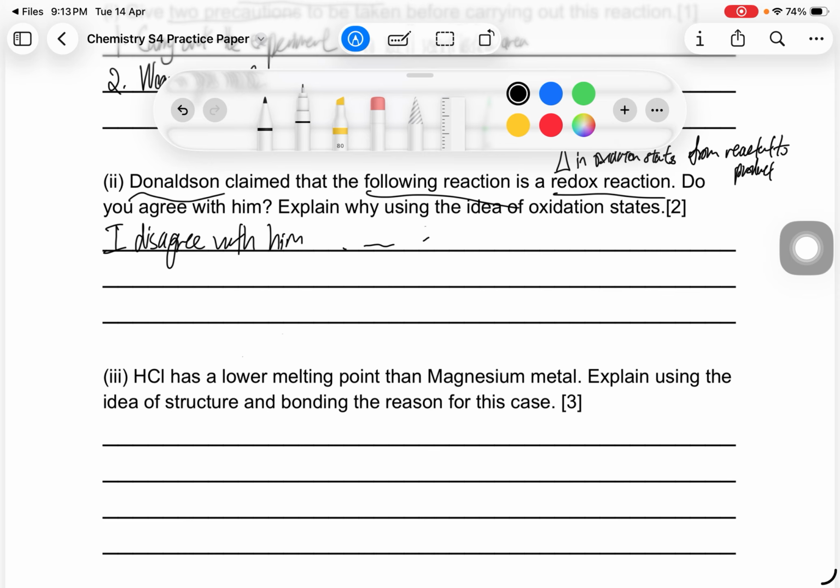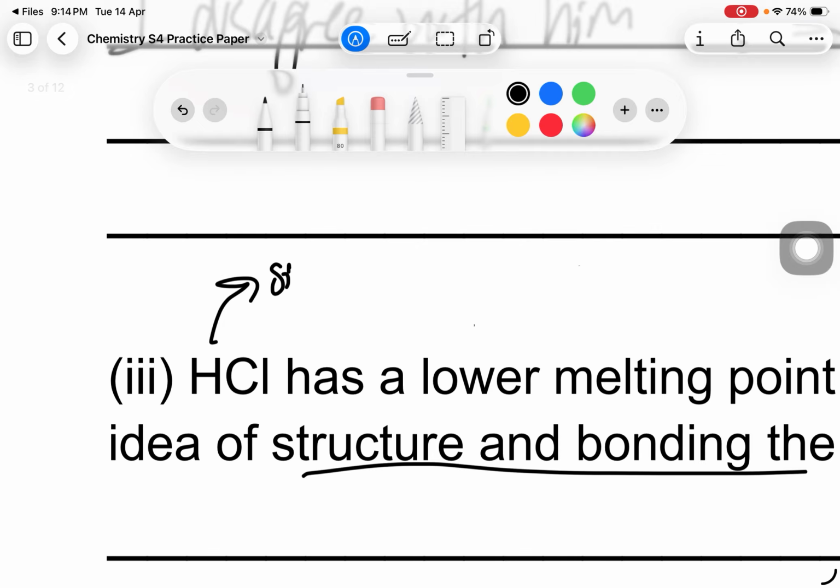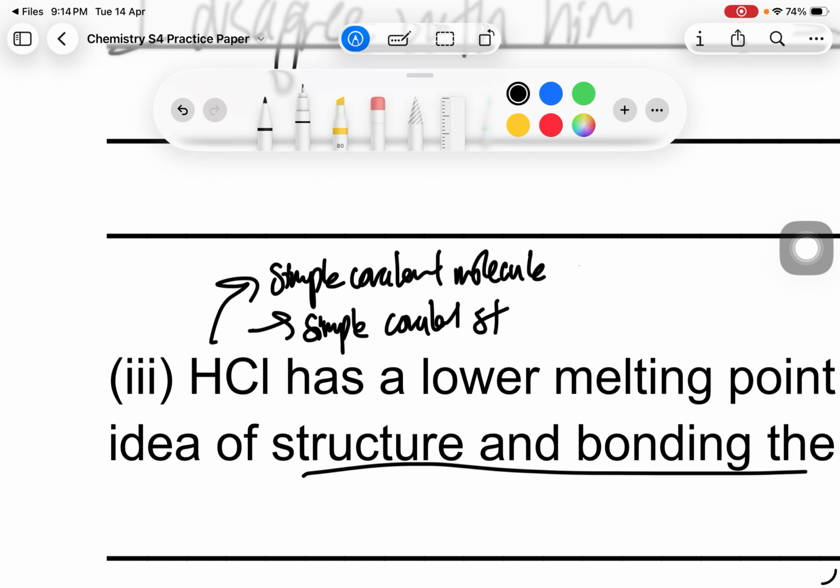So now for part 3, which is a chemical bonding question, it's quite easy. It says that HCl has a lower melting point than magnesium metal. So explain using the idea of structure and bonding for this case. For HCl, HCl is a simple covalent molecule with a simple covalent structure. So between HCl and HCl, what is there? What is this force? It is weak